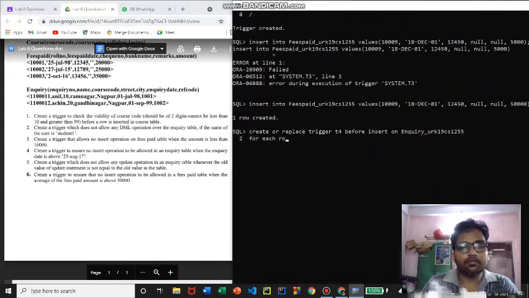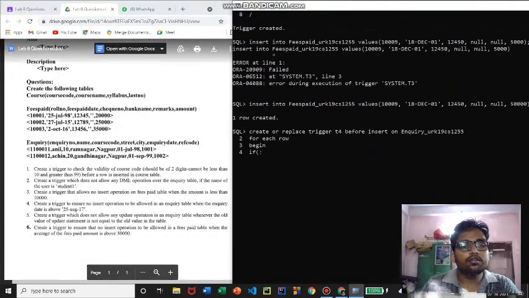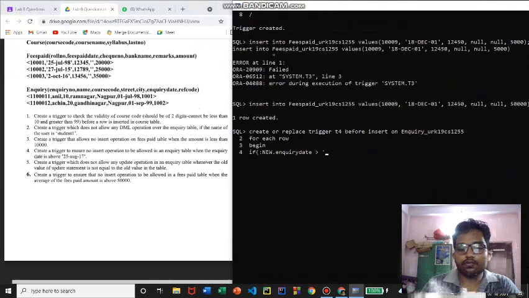For each row begin if inquiry date, right? The name of the attribute is inquiry date. So new dot inquiry date is greater than 25th August 2017, then we will raise the error.